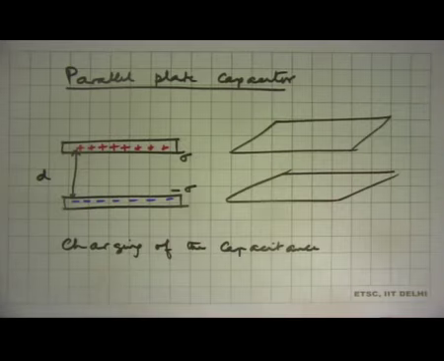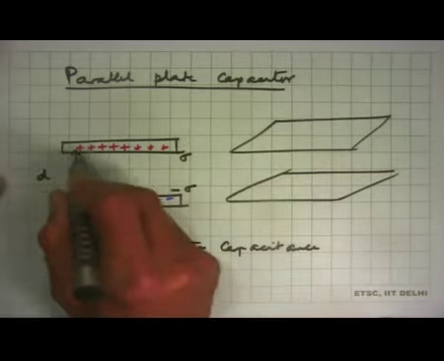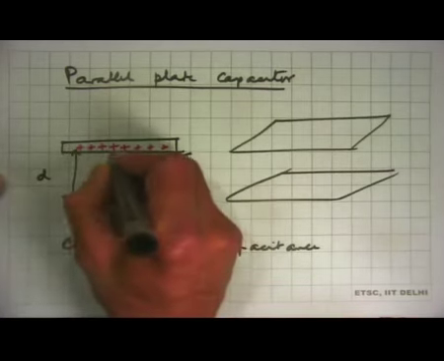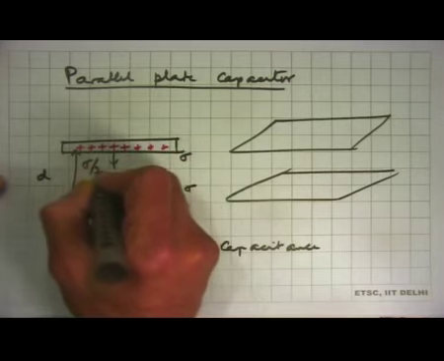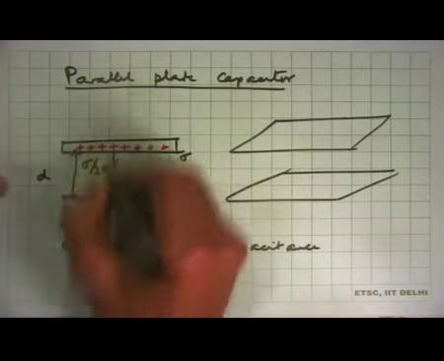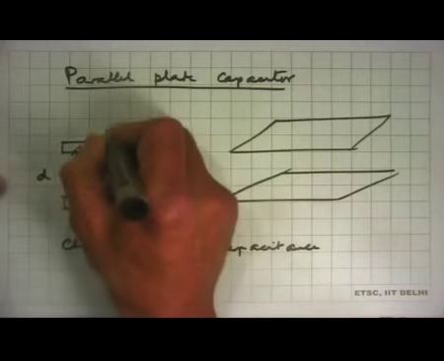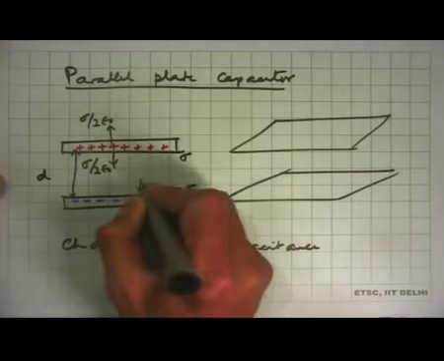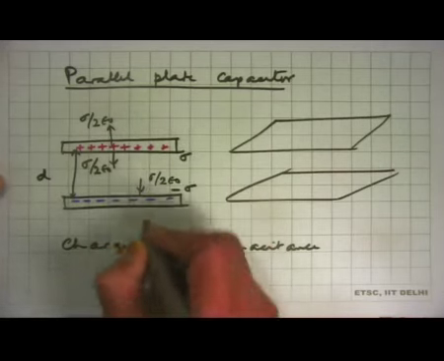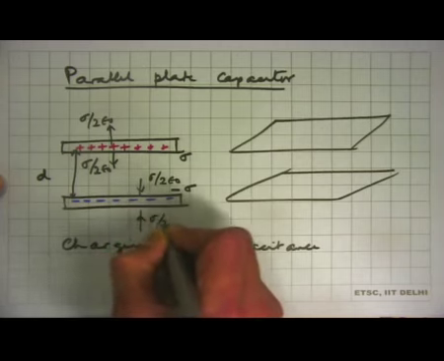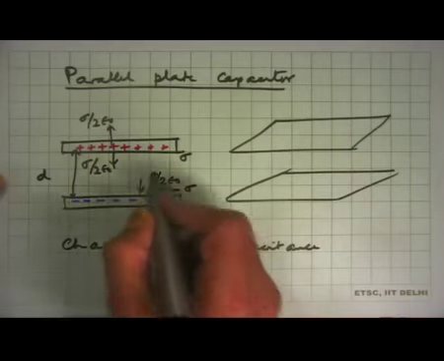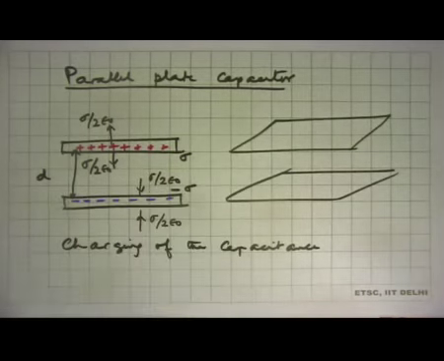We have discussed this problem before: a charge density sigma creates an electric field of sigma by 2 epsilon 0 on either side, and the negative charge distribution likewise creates sigma by 2 epsilon 0. We have shown that between the two surfaces of these conductors we have a net electric field given by